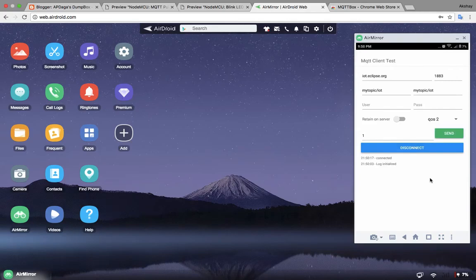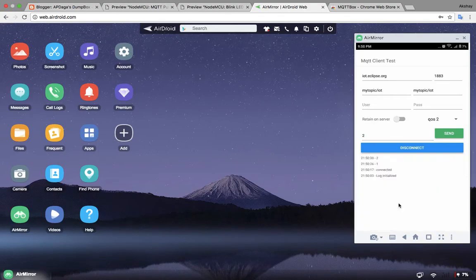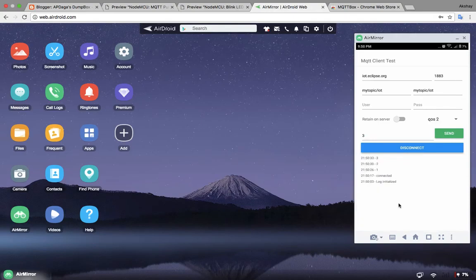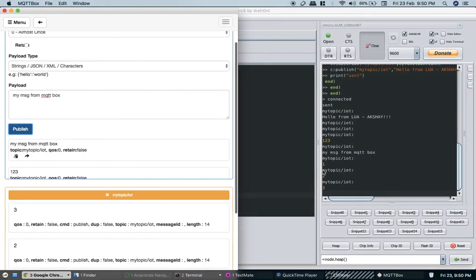Whatever message I send, see, I am sending 1, 2, 3. We have received the same message here and here as well.